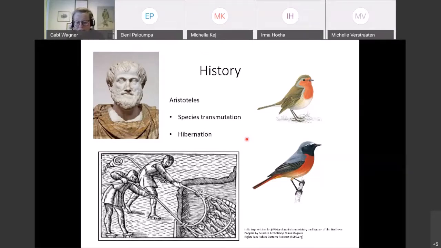So on the bottom here, you see a cut from a book by the Swedish Archbishop Olaus Magnus, and he explained very clearly what you have to do when you have all these swallows that get caught in the nets together with the fish. And he proclaimed this, of course, with all the assurance of a man who's never seen this happening. But this was taught at universities over many hundreds of years. So what was really needed was a bit more information.